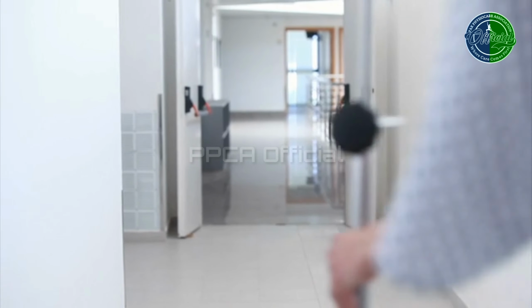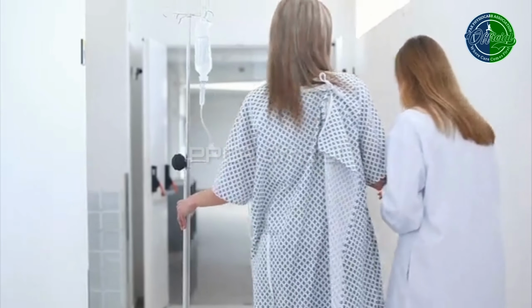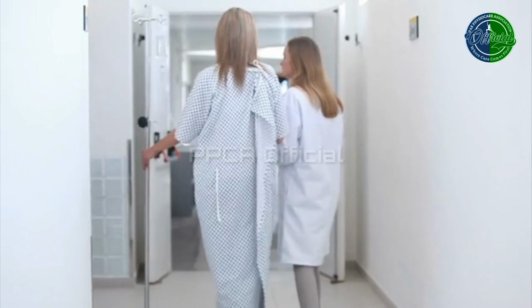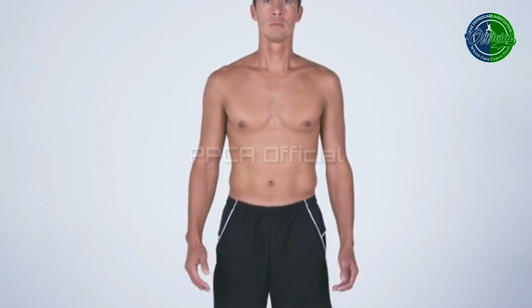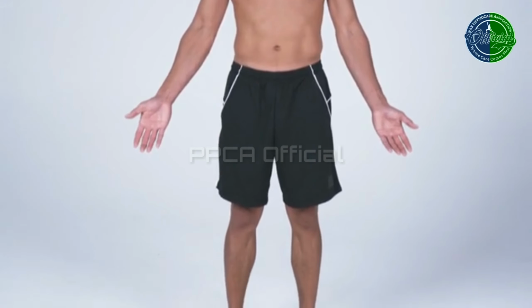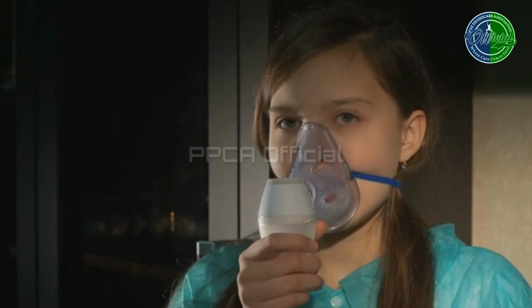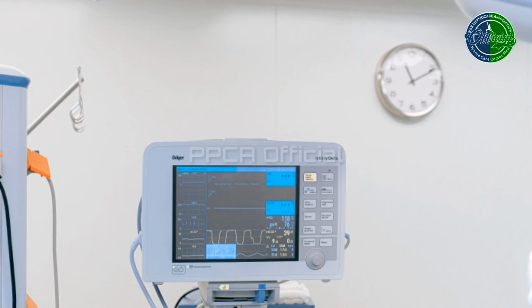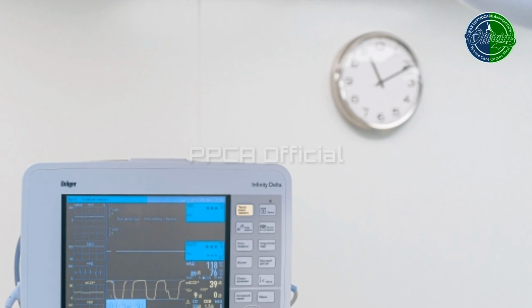Weakness. A big focus of physiotherapy during the pandemic will be to get patients moving as soon as possible. But this can only happen when the patient is well enough. This can start with simply getting patients to move their arms, legs and body in the bed. Physiotherapists will closely manage vital signs such as oxygen levels, respiratory rate, and blood pressure to ensure movements are safely tolerated. All these problems can be assisted by